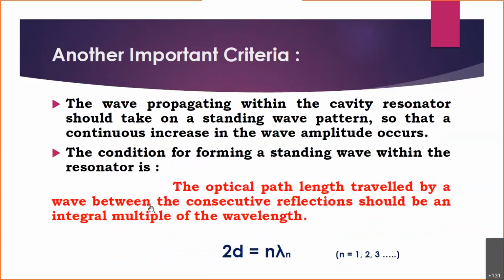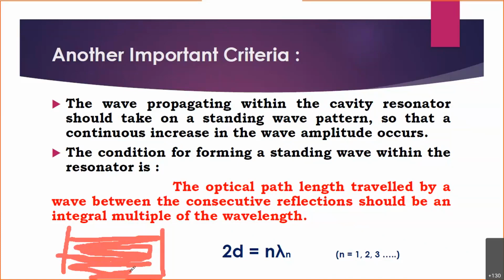Here is another important criterion which you have to keep in mind while designing or using the optical resonator. Let me make a diagram over here. You see on the screen, I am creating a diagram of an optical resonator like this. Let's say these two are the mirrors, and somewhere in between let me keep the active medium. Now when your signal is passing back and forth, the photons pass through the medium so many times.